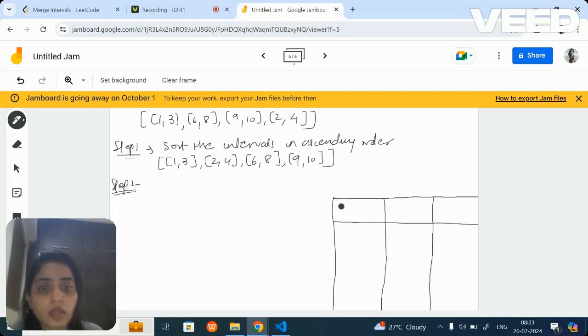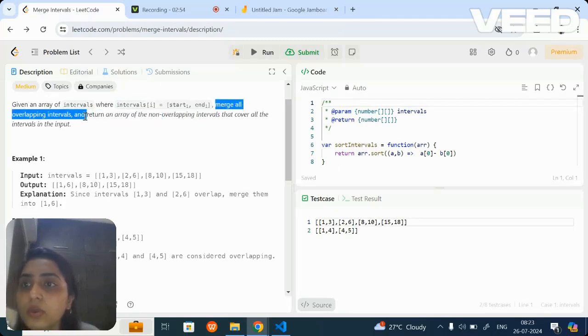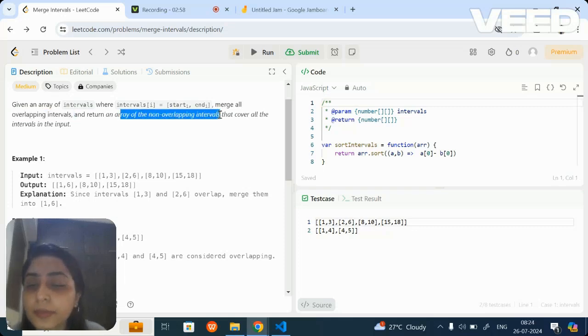What is the reason? Now in the second part, if you go to the question, you'll come to know that they have asked to merge all the overlapping intervals and return the non-overlapping intervals. So in the end, you need to basically return the non-overlapping intervals, correct?